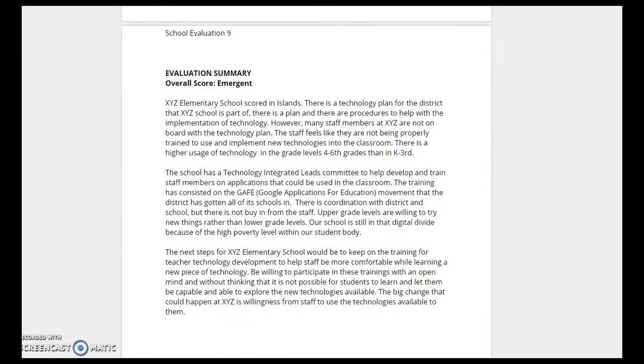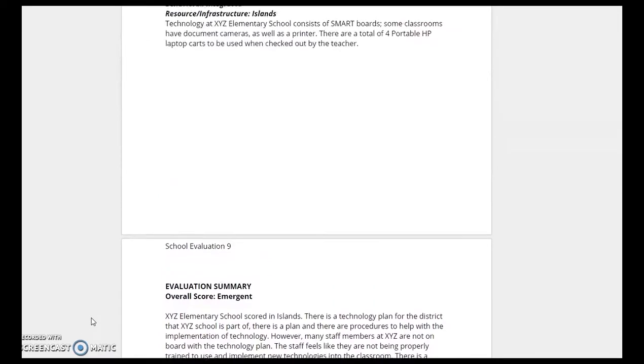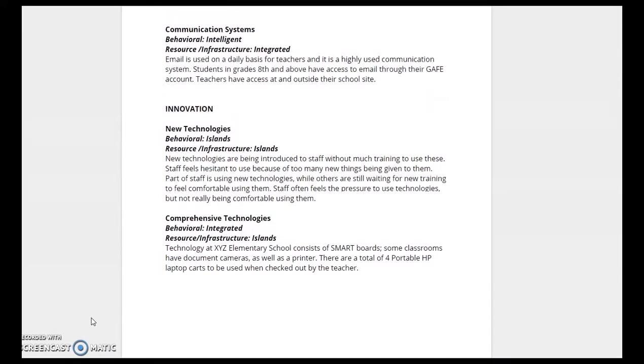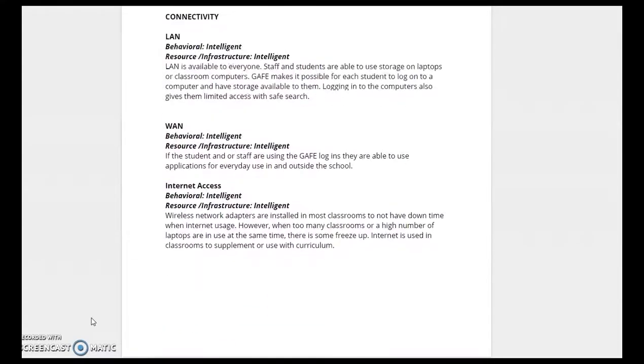This really was the first time that I was actually doing an evaluation, and it really opened my eyes to see more of what it meant to do an evaluation and how much background information we needed in order for us to do